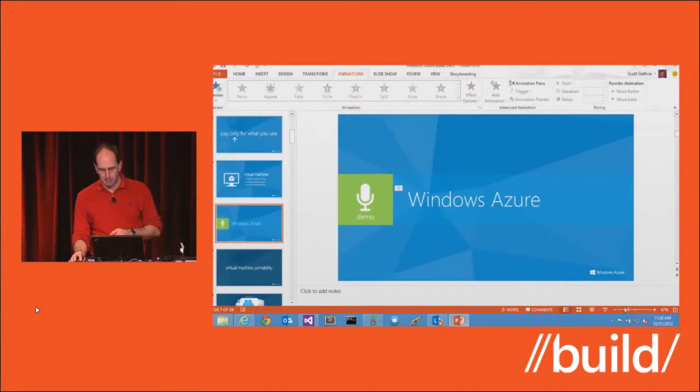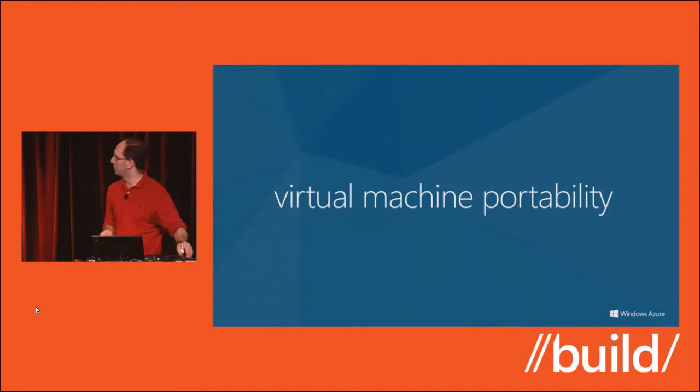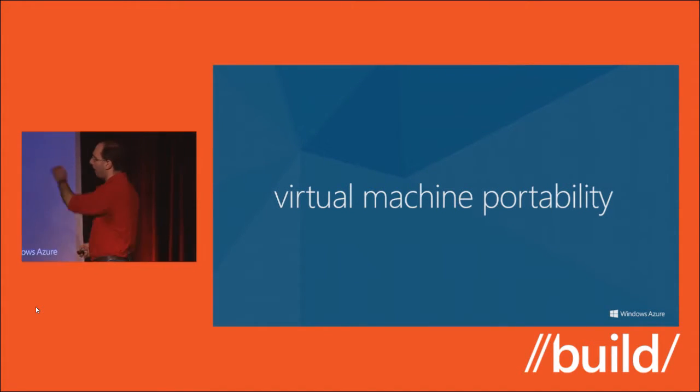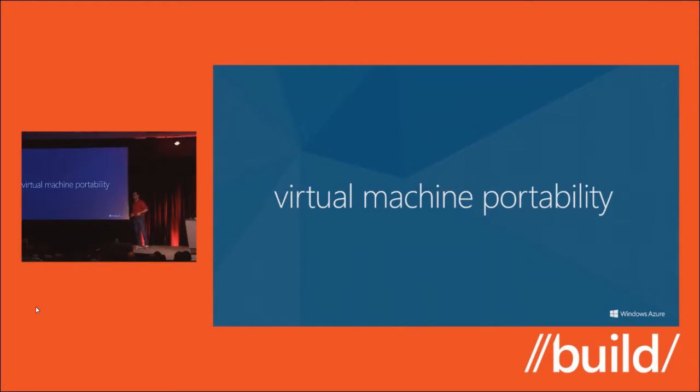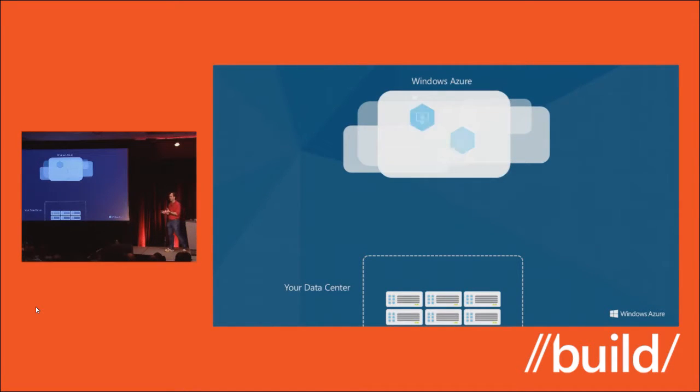So let's talk a little bit about what's happening under the covers with Windows Azure when we're doing this. This is a question people often ask, and there are a couple of things I want to highlight. One is, how are we actually persisting these VMs, and what format are we using? The cool thing is we're using the same VHD format that you get with Windows 8 as well as Windows Server 2012's Hyper-V based system. And so if you, on your dev machine, create a VHD, you can upload it into the cloud and boot it up inside Azure.